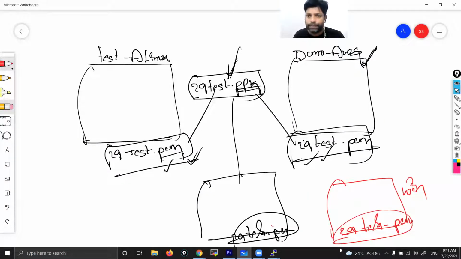I choose the same key pair, correct? Now for Windows you need a password, right? That time, this existing key pair, which is already there in your downloads folder, you convert into a password and use it to access. That means by using the same 29test.pem file, you can access any type of instance.